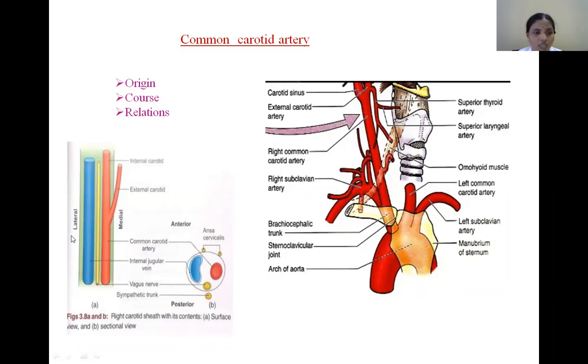Okay. So the carotid sheath encloses the common carotid artery throughout its course, and in addition it also encloses the internal carotid artery. So this is the common carotid, and there is no single branch from this common carotid artery except its bifurcation, meaning termination. What is the termination? It is nothing but the external and internal carotid arteries. Here all the infrahyoid muscles lie anterior and medial to this carotid sheath.